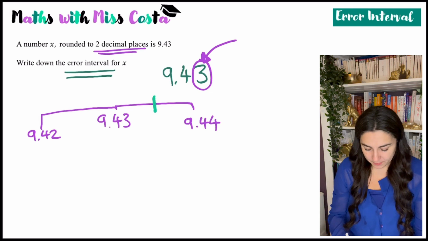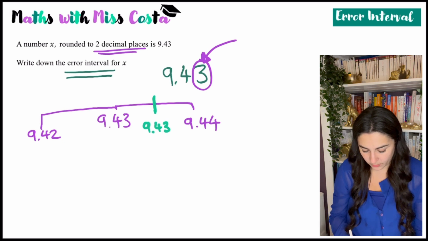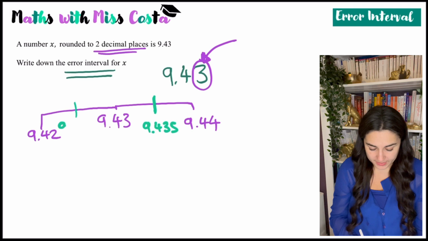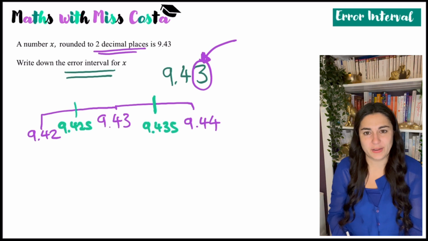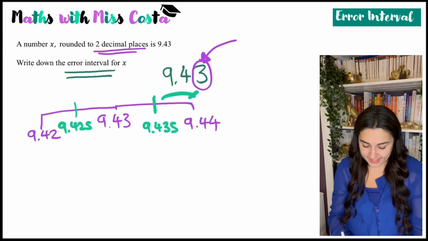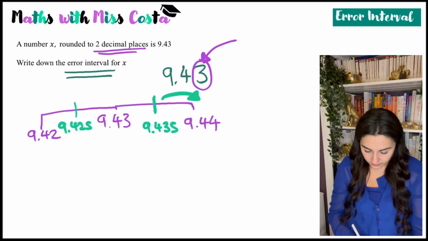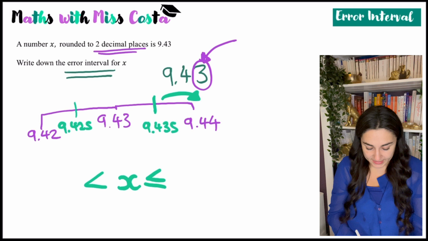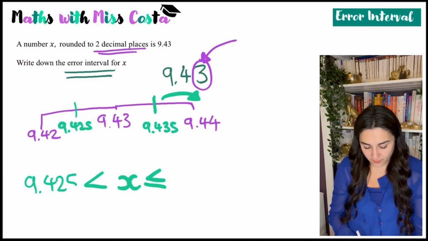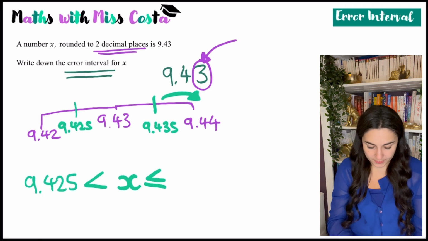So the maximum thing it could have been before it rounded up to 9.44 would be 9.435. And the lowest would be 9.425. Now, as an error interval, you obviously know that if it was 9.435, then it would round automatically to 9.44. So that's why we say an error interval, as it's a little bit more accurate than when I'm dealing with bounds. So I'd say 9.425 must be less than, oops, did it the wrong way around,